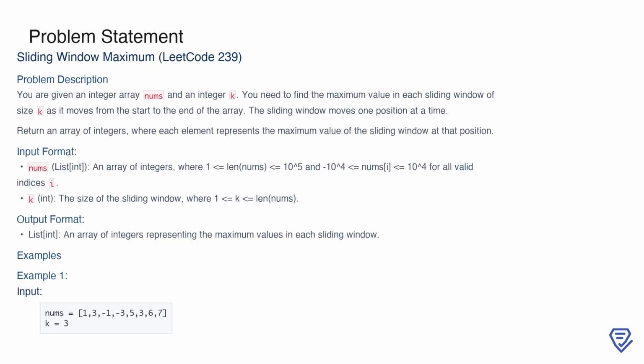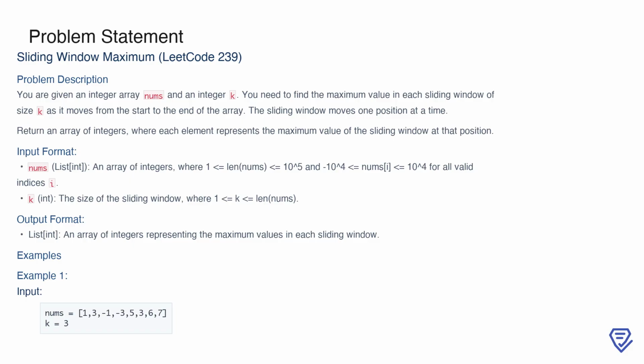The problem is called sliding window maximum, and here's what it asks us to solve. You are given an integer array called nums and a number k, which represents the size of a sliding window. The goal is to figure out the maximum value in each sliding window as it moves one position at a time from the start of the array to the end. Once the sliding window has covered the entire array, you need to return a new array containing the maximum values